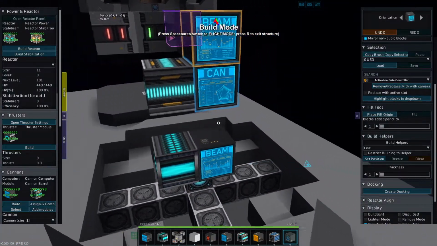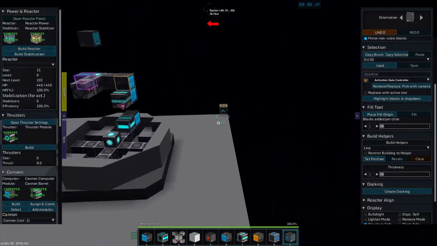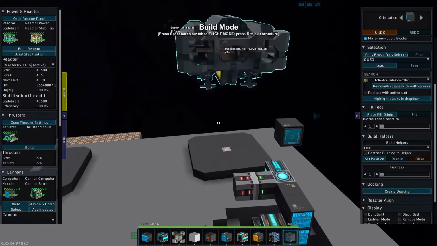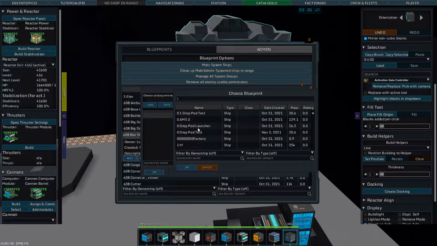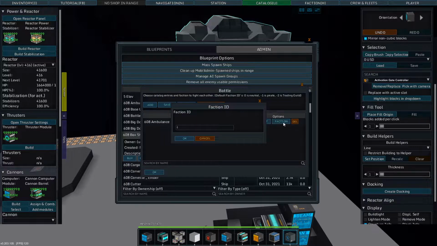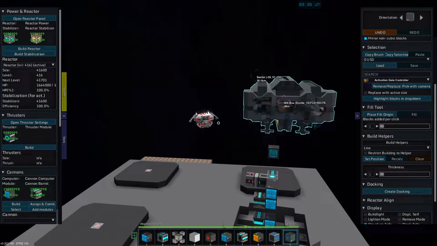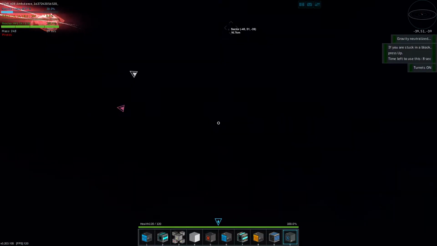That is gonna bring up the question of which of these to use personally. Well, we can't use beam missile. I don't know if we can even use beam cannon, so we're gonna try that out. We're going to admin mass spawn, add an ambulance. So it's a pirate ambulance. Then we are going to turn on our turrets. Ah, yes, it can use